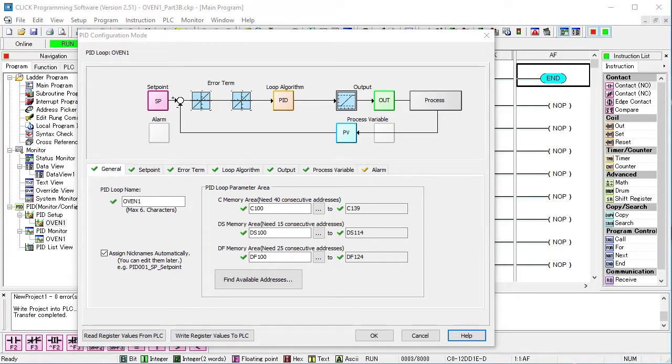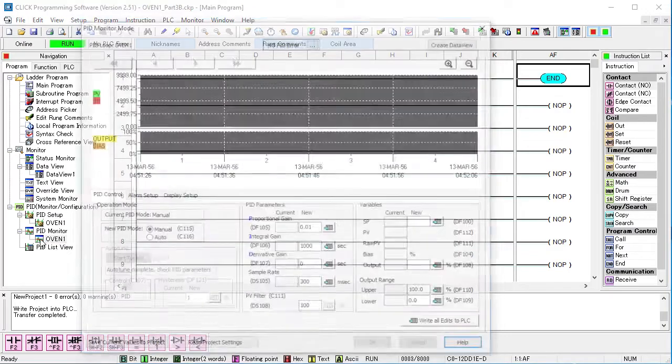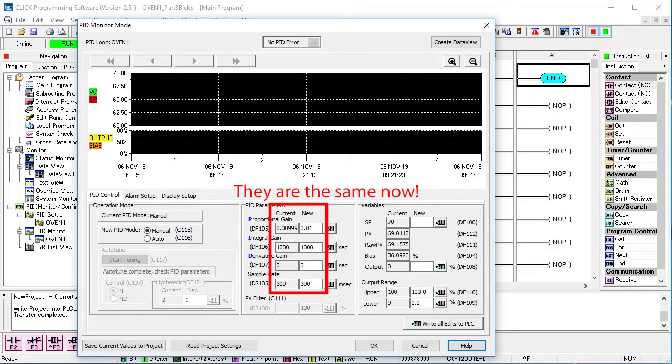Now, we don't want the PLC values to overwrite our new configuration we set up, so we're going to skip reading the values and overwrite all of the PID setup configuration registers to the PLC. Now, these values are both in the project and the PLC. Now, if we go back to the PID monitor, we see that the project and the PLC values have been updated, which is a pretty good reminder that we updated all the others too.